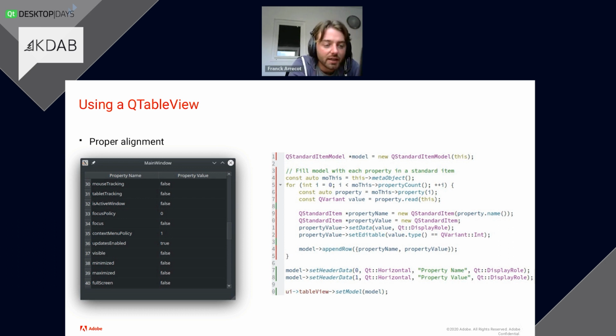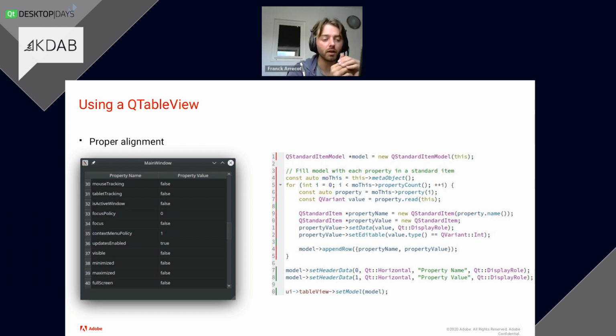We have a QStandardItemModel being created here. We have our magic loop that is parsing the properties. What we're doing here is creating an item which contains the property name. We're creating another item which contains the property value, because we put the value here as data, and it will be the data displayed. Let's ignore the row right now. And we make it editable. Then in the model, we append the row, and we basically append a list of items. The first one being the property name, the second one being the property value.